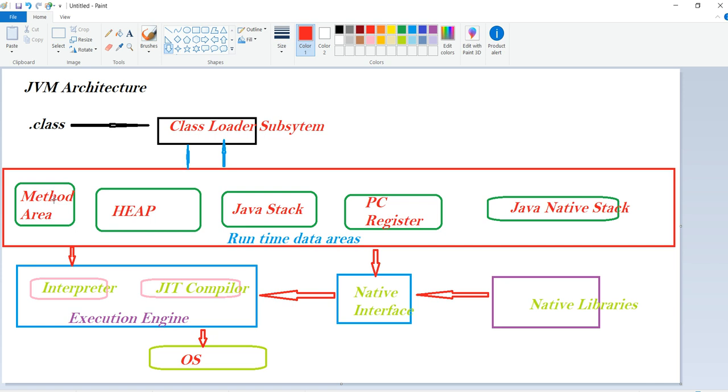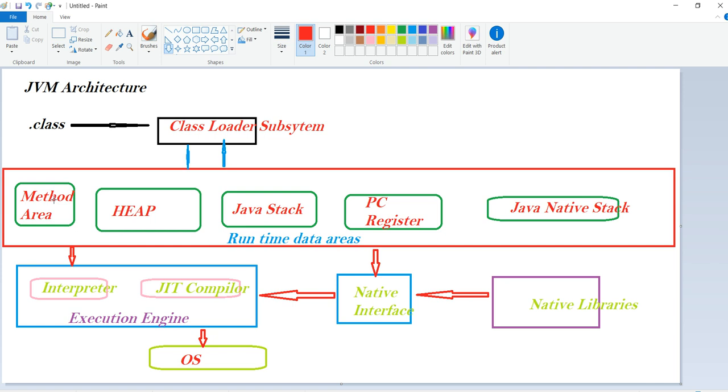This register contains the addresses of each instruction that has to be executed. Next, the Java native stack, the last one here.